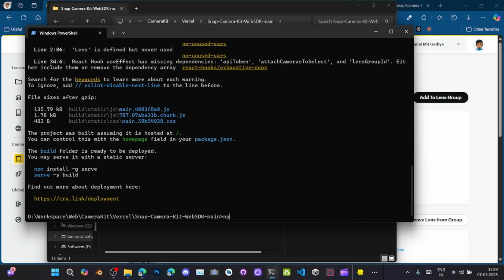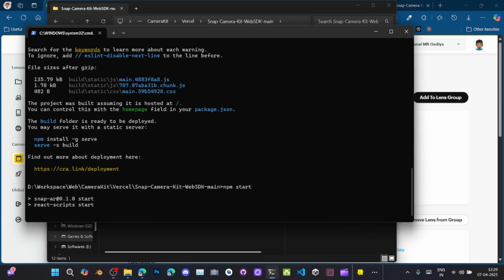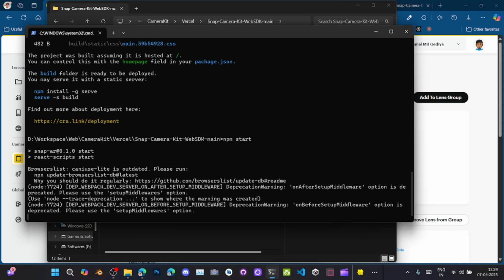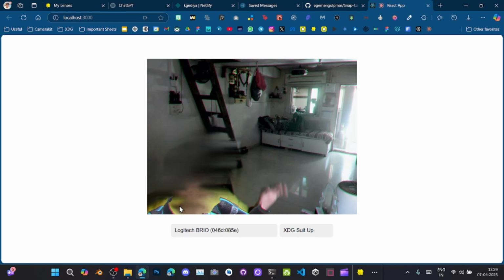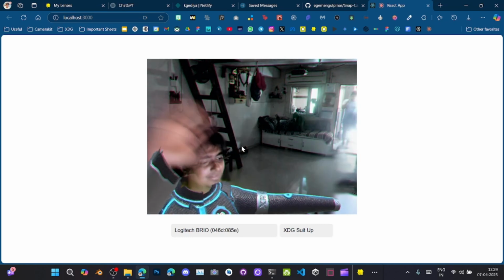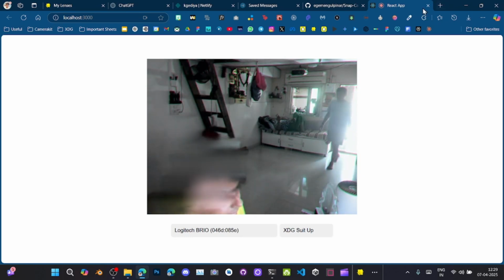Once it is done, we can just say npm start. It should open up a localhost server where our web app should be running. So let's load it, and you will see that it starts working. And once you are satisfied that it's running, what we can do